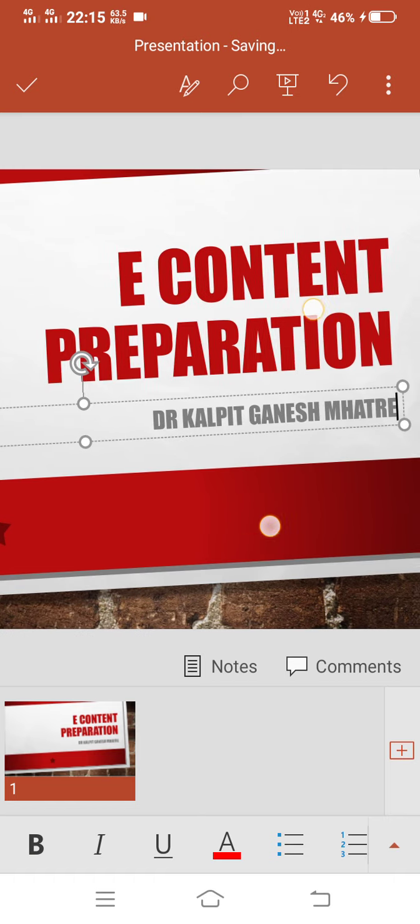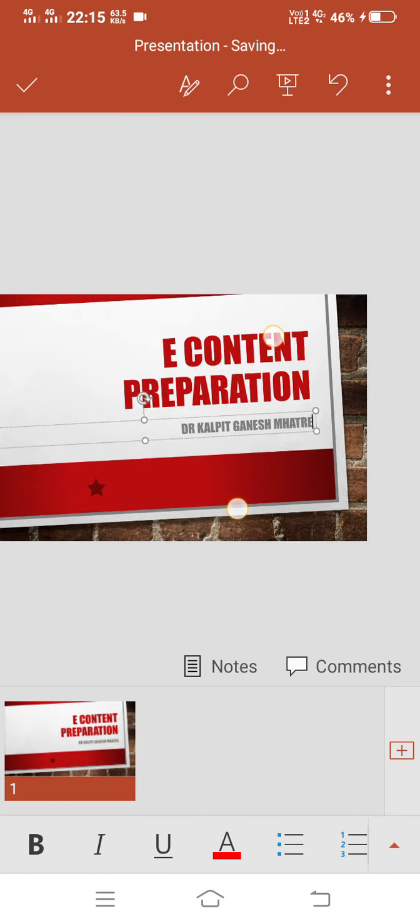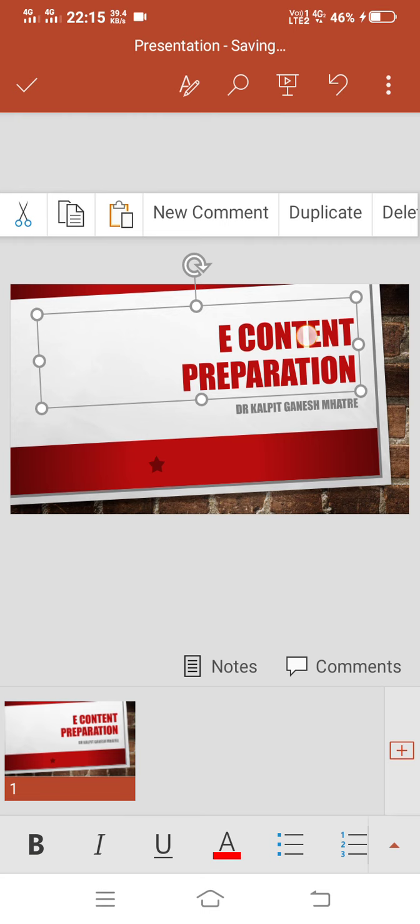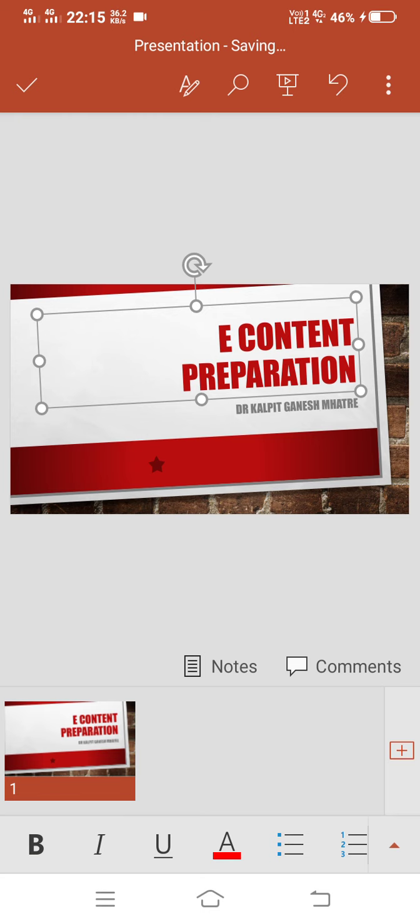Also, an important feature is that we can zoom the slide or adjust it accordingly. Now suppose you want to make a change in font or font style, then you just need to click this circle and at the bottom you can see the font option is there.